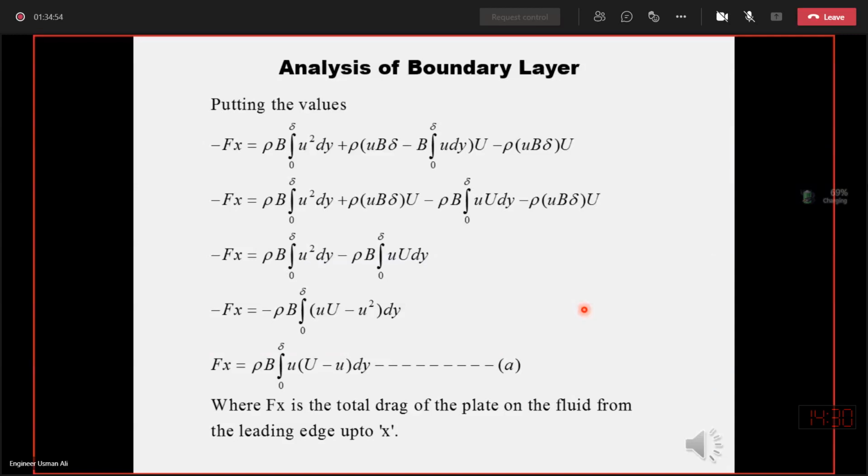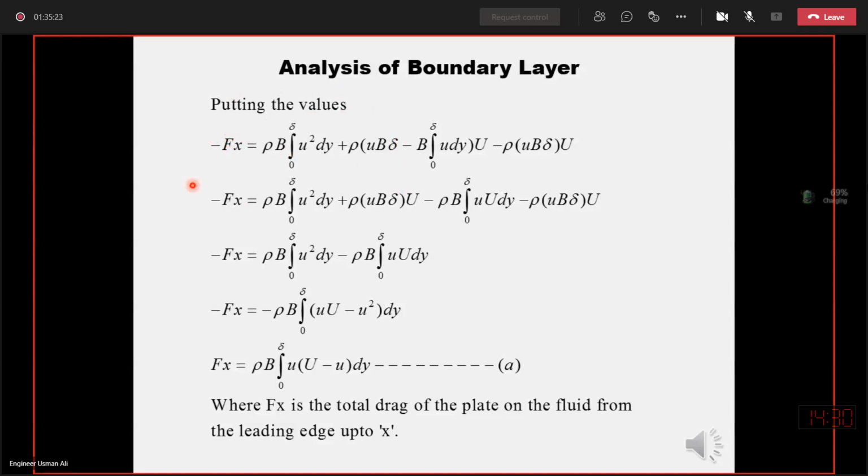Further moving, now we can apply the impulse momentum principle. So in your 5th week, you will learn this complete topic, which will be started by the engineer about the impulse momentum principle or the impact of jet. What is the impulse momentum principle over here? Just to keep in mind, it states that the sum of all the forces acting on a control volume of the fluid is equal to the rate of change of momentum.